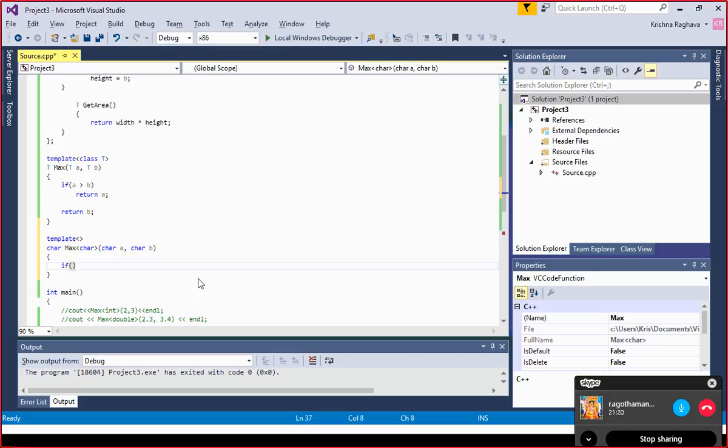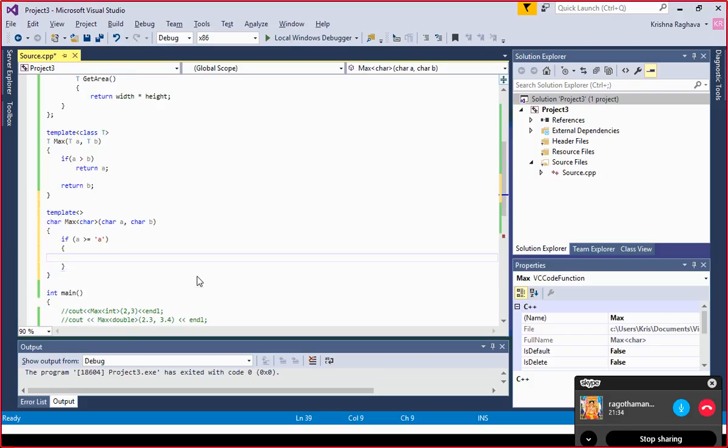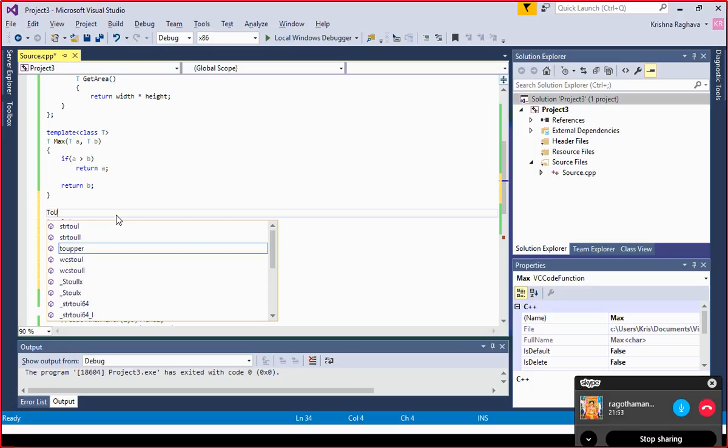I will say if a is greater than or equal to a, a is equal to a plus equal to a minus equal to a minus a. I can do the same thing for b, or I can create a to upper